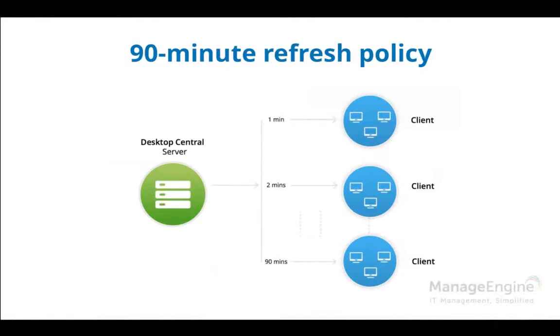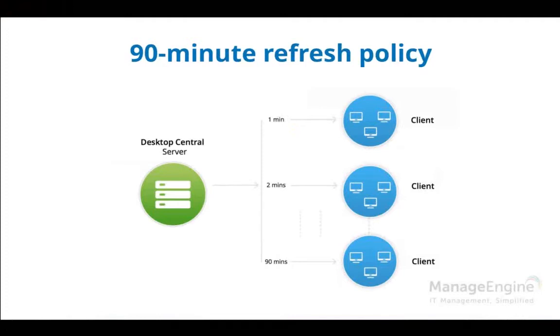Now, the 90-minute refresh policy. As I discussed earlier, the Desktop Central product supports a client-server model. So every agent you manage will communicate with the server at least once in 90 minutes, which is called the agent refresh interval. This is equally split by the server. The server maintains the communication interval for all the machines. This is to ensure two important factors: at any moment, the network bandwidth is not choked,